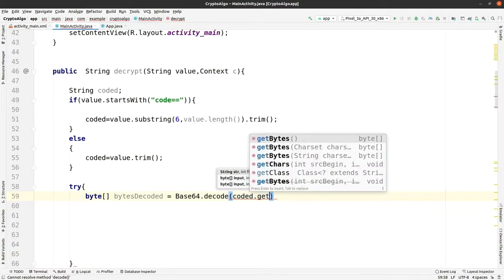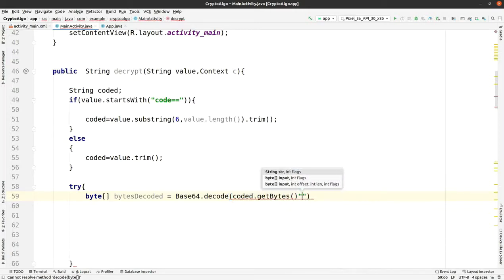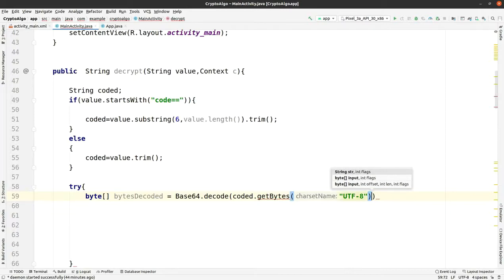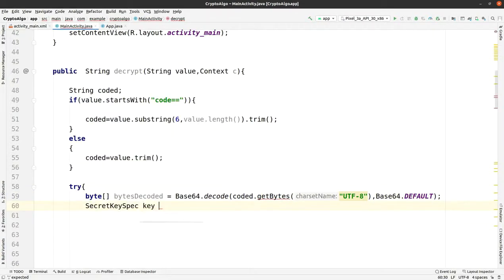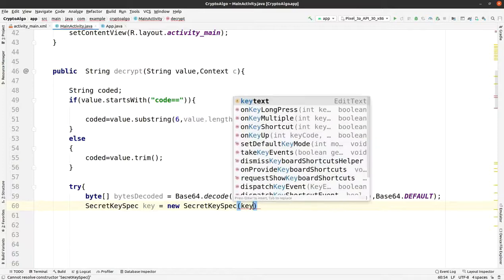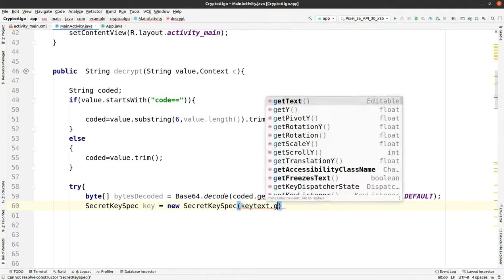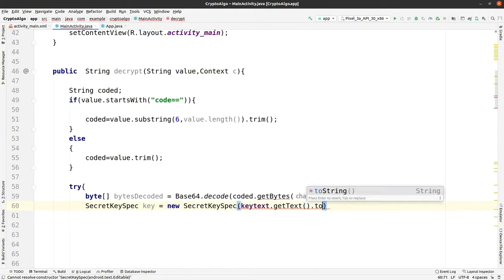So we are just getting the byte values, and for that we are using Base64.decode and passing all the bytes of charset UTF-8 and Base64.DEFAULT. Then we are taking the secret key as the secret key that you have used for the encryption. The key is unique, and this key will also be used for decrypting that encrypted text.